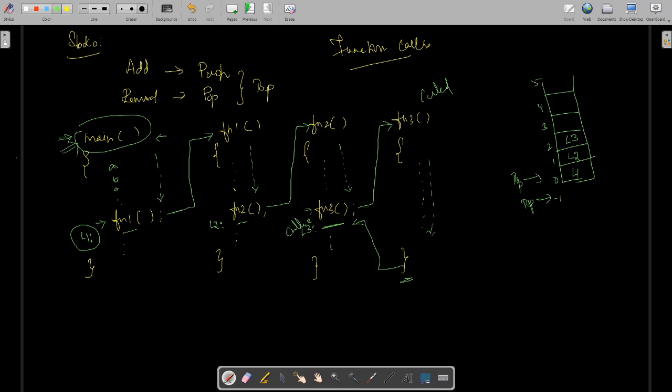So when it comes to an end, what the system will do is go check. Now we have the top pointer here, right? We have pushed all these things, we have brought the top pointer here. Top pointer, as I said, is always going to point to the topmost element. So top pointer is going to point to L3, right? So once we come to an end of this function, the system will not stop the execution of the program